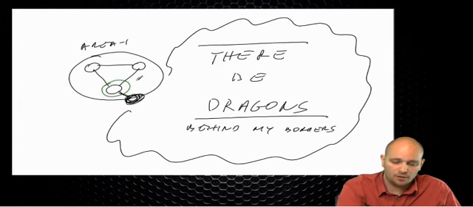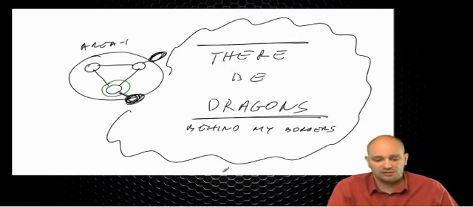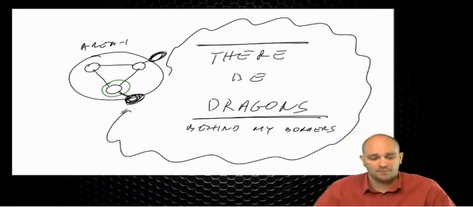So this is the border, and this is the border here. So this router here knows about these borders, but it doesn't know anything about the network. There be dragons. The only thing it knows is that some networks are reachable somehow behind these borders,